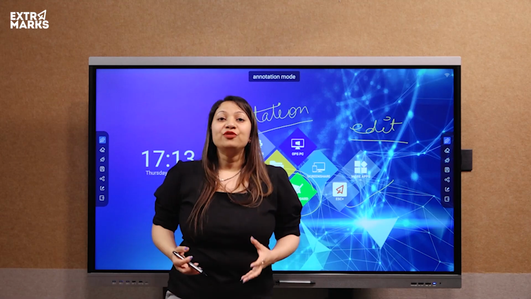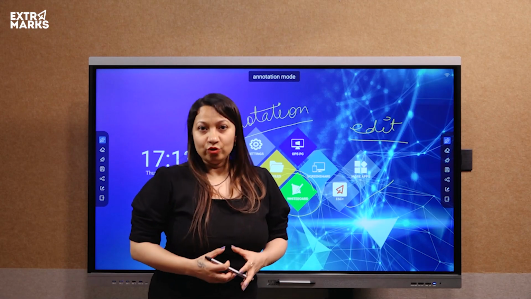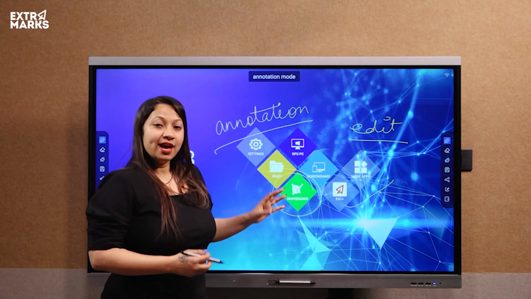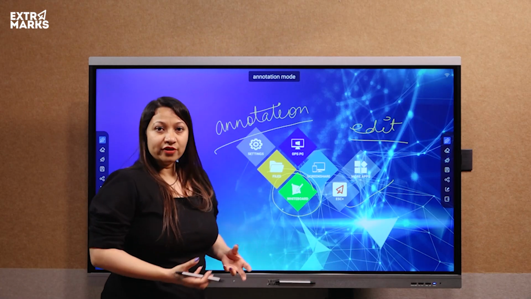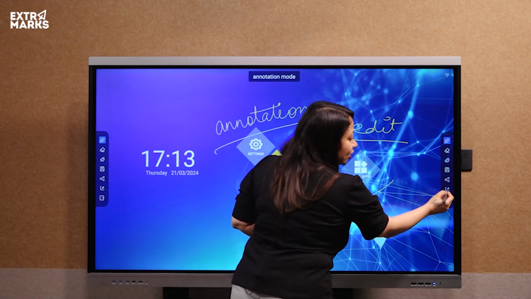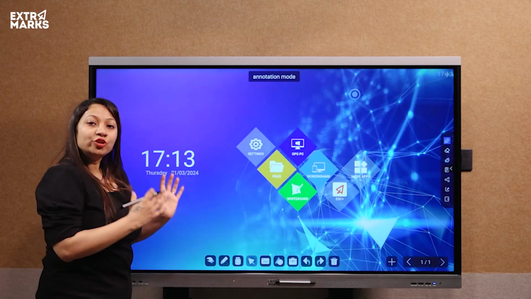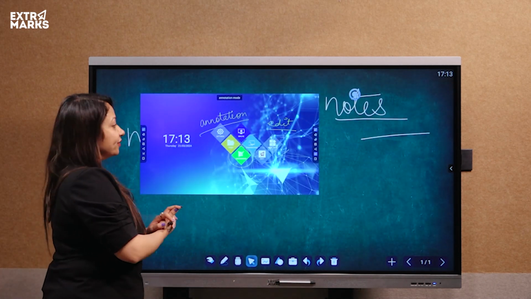Now the next feature that we have along with the annotation tool is that if I may like to use this existing file and embed it on the whiteboard, I simply need to click onto this icon and it will automatically go to my whiteboard canvas.